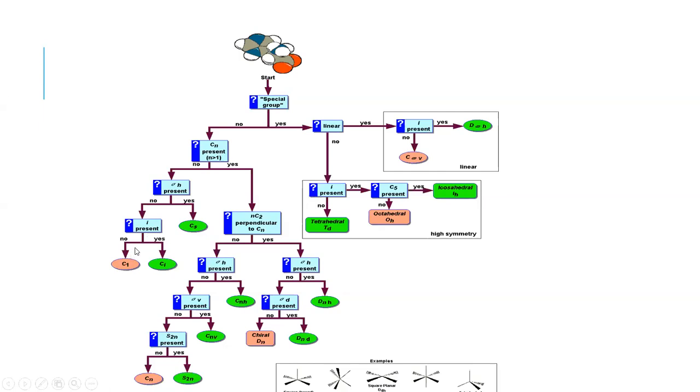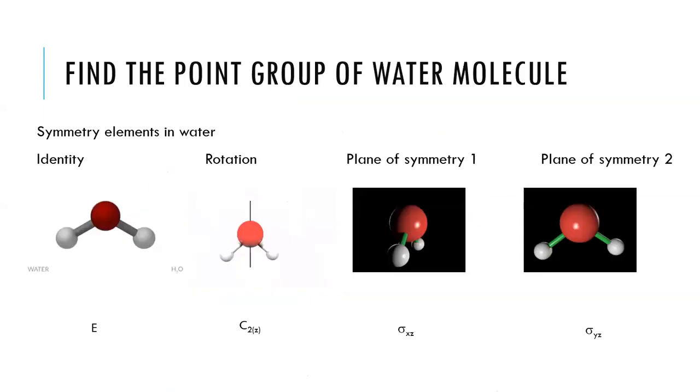As and when we go through a molecule, we need to visualize it and mentally ask the questions to ourselves and keep answering in this order. And then finally, we will be able to land up in the corresponding point groups of the molecules. So let us do it from small to big molecules. Now, find the point group of the water molecule.